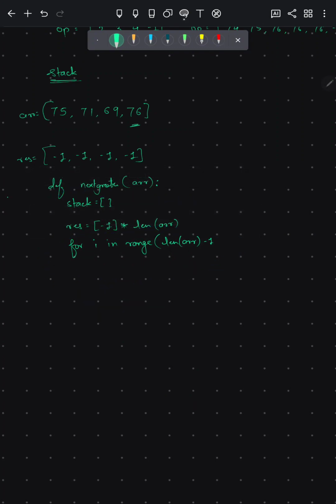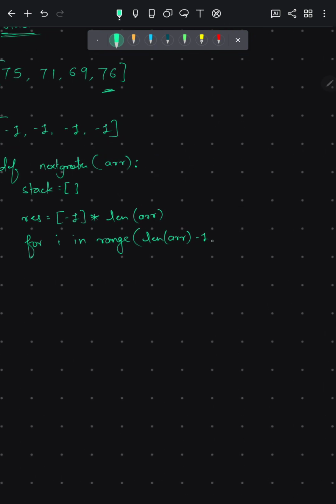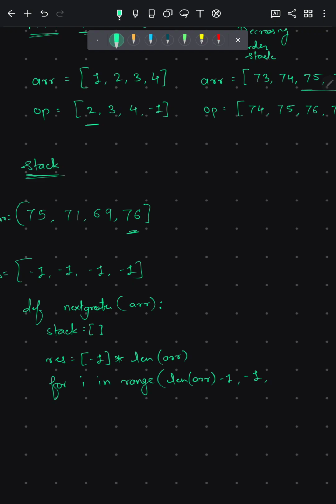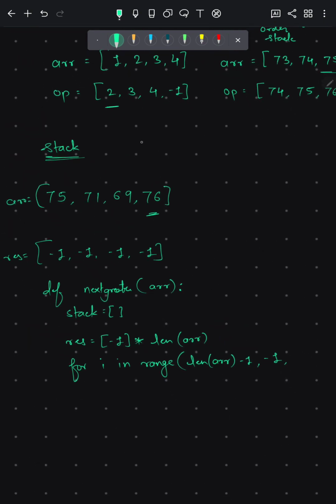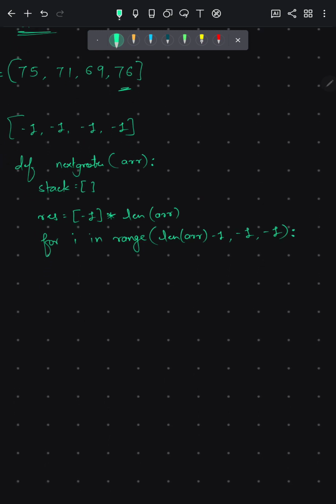Okay, cool. Till -1, so we need to go to the 0th element. If we give -1 as the stop, then it will iterate till 0, right? And for reverse we are going to put -1 as the step. Every iteration I will be decremented by 1, that's why we are putting -1. Okay, let's start then.